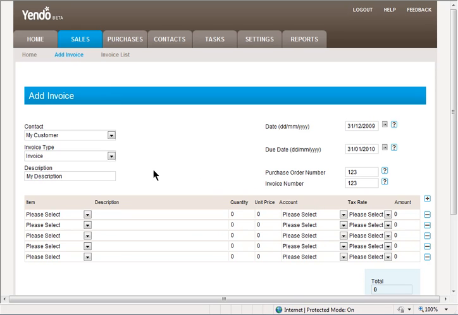Once we have set the header information for the invoice, then we can add individual line items. The line items can be typed in manually, where we specify a description, then a quantity. We'll select a quantity of 2, a unit price,